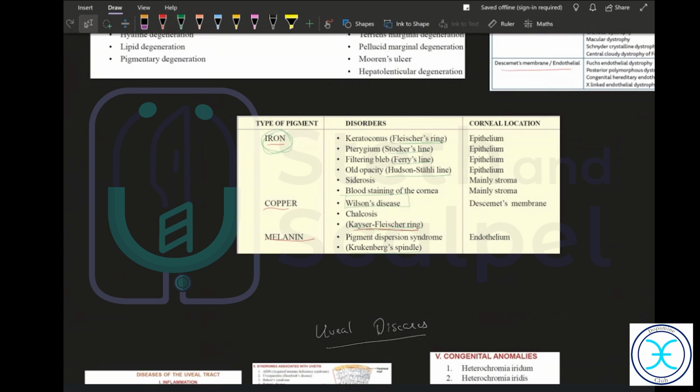Keratoplasty. You can't go straight to keratoplasty. Before that, you can do debridement and check if the cornea replenishes on its own. But like you said, if it's a very bad case of corneal ulcer, then obviously you have to go for keratoplasty. So keratoplasty is one of the important procedures which you need to know.